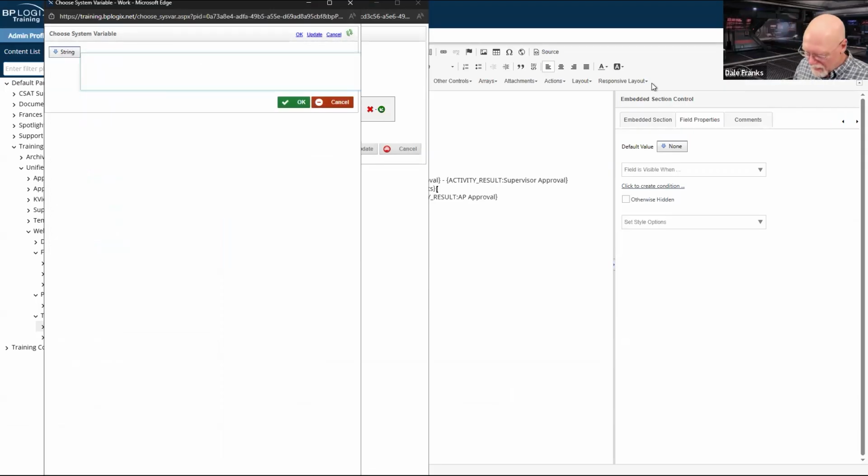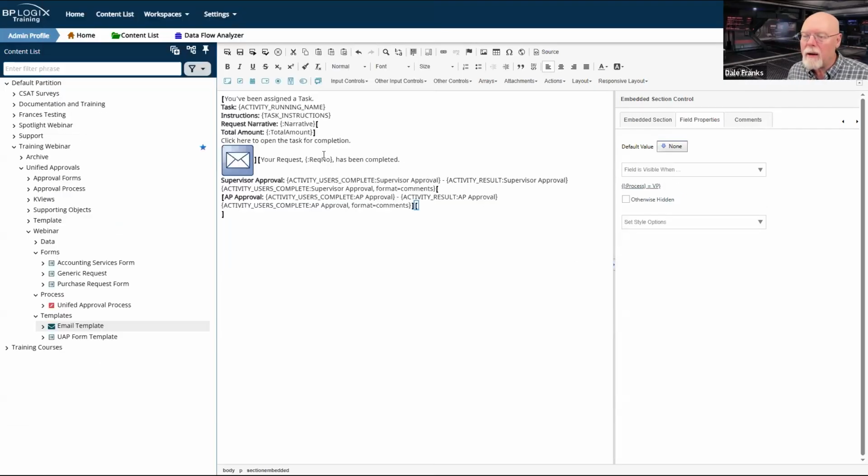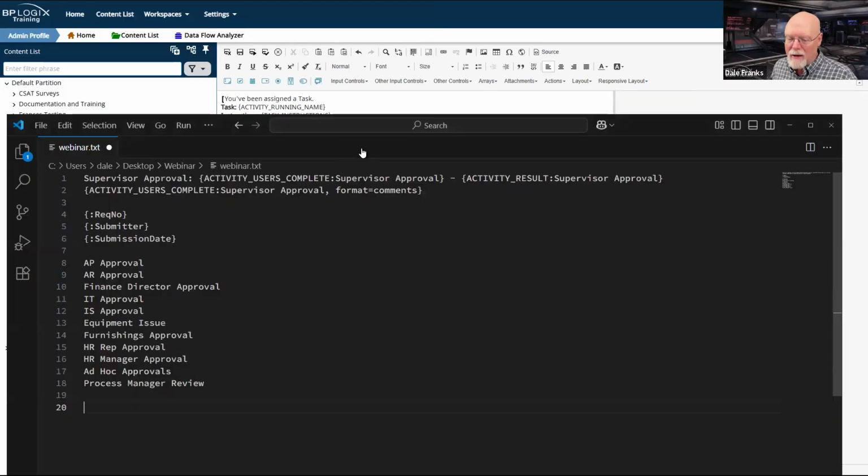And once again, we're going to evaluate the process field, and we want to ensure that the process field equals VP, and otherwise hidden. All right, great. So now we have those two sections, and now I can add my AR approval section of the email template.